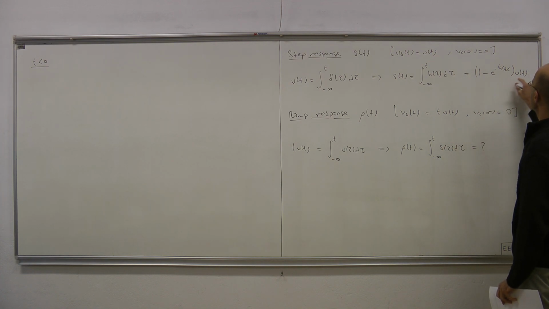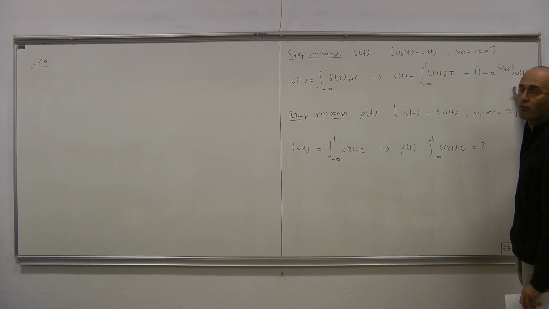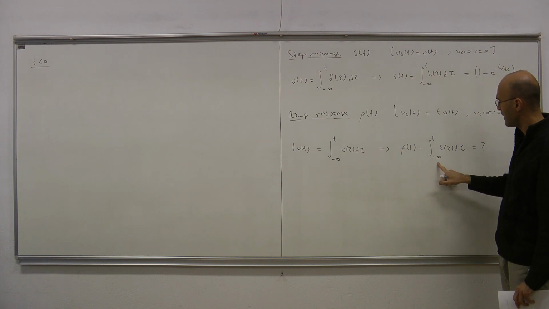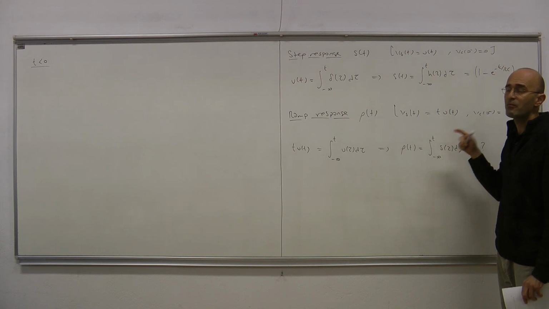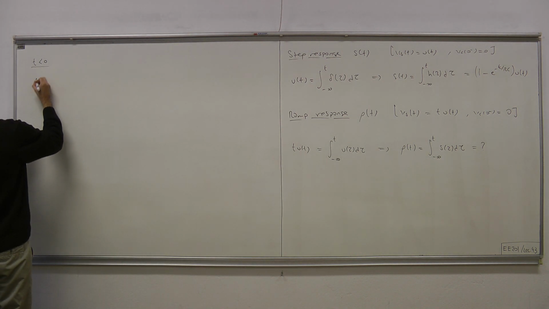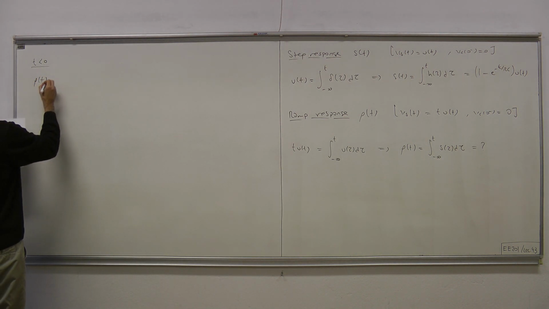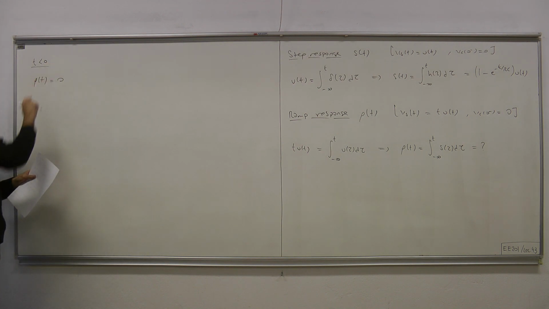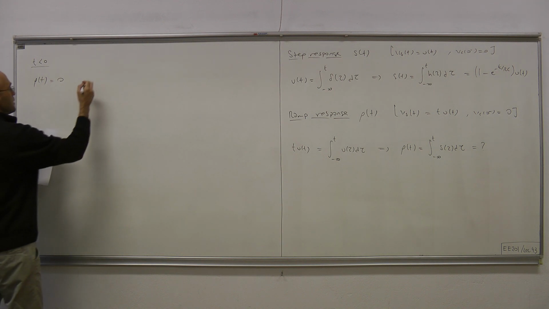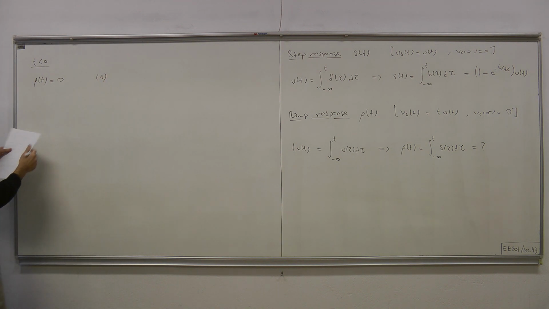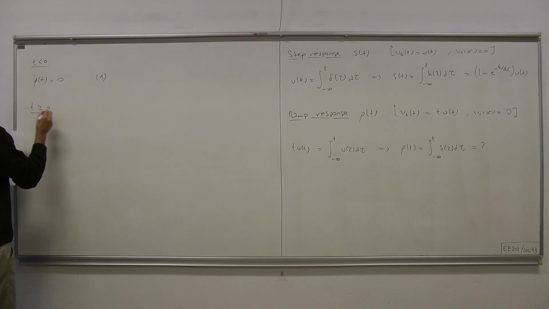We're integrating this. Since everything is multiplied by u of t, and u of t is 0 for negative times, integration from minus infinity to any negative time is 0. Hence, the ramp response is 0 for t negative. Let's put this aside as equation 1. Then for t greater than or equal to 0, we can write the ramp response